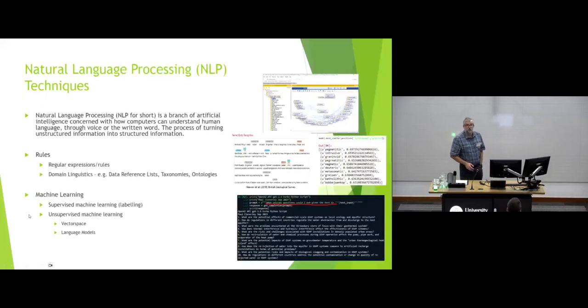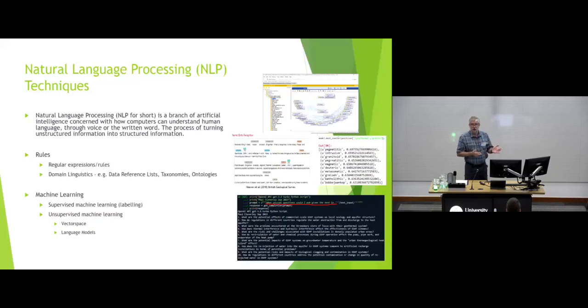So natural language processing, or NLP in short, is a branch of AI to really consider how computers can understand the written word and human language. I like to think of it as taking unstructured, sort of slightly disorganized information and making it structured in a way that we can combine with existing measurement data and structured data. I'm going to talk about linguistic rules methods and machine learning, but it's not an either or. You can combine these methods, and often the best solutions are a combination.